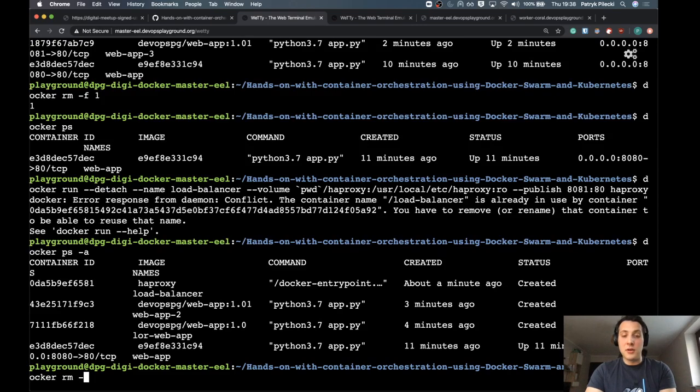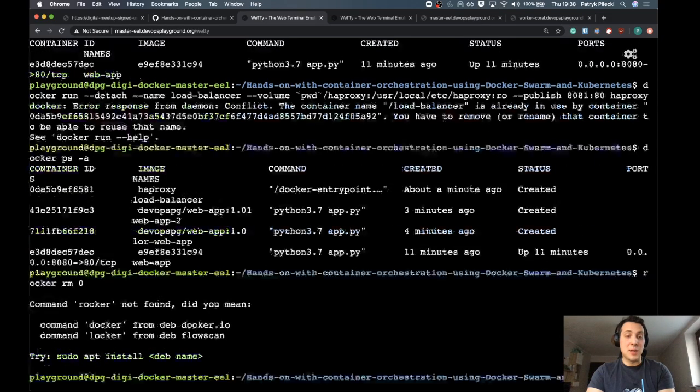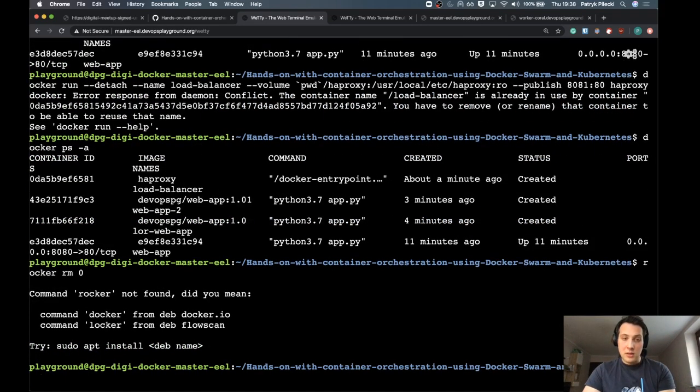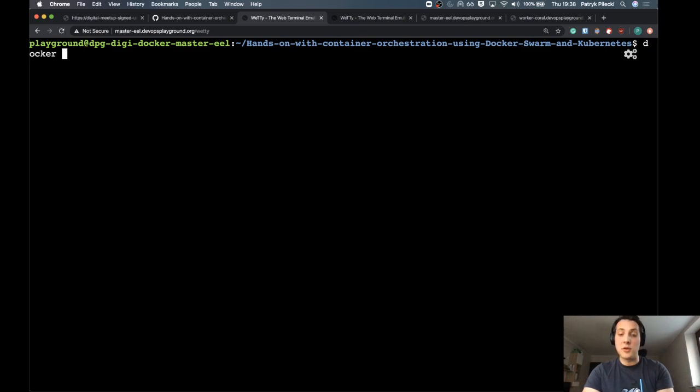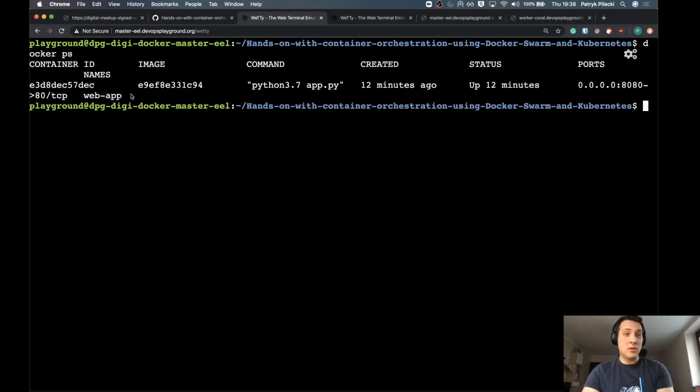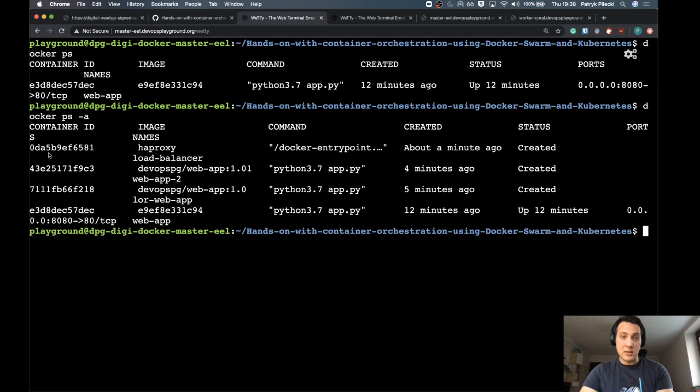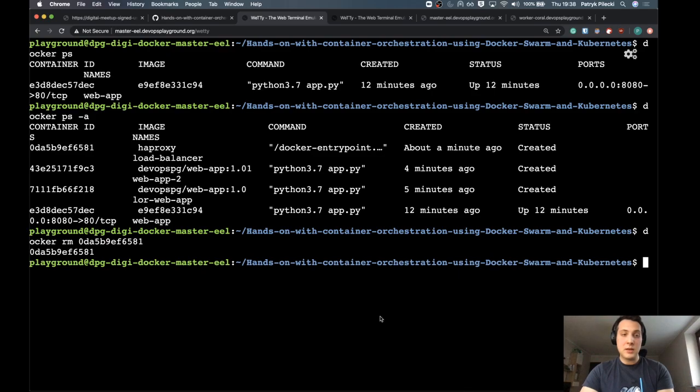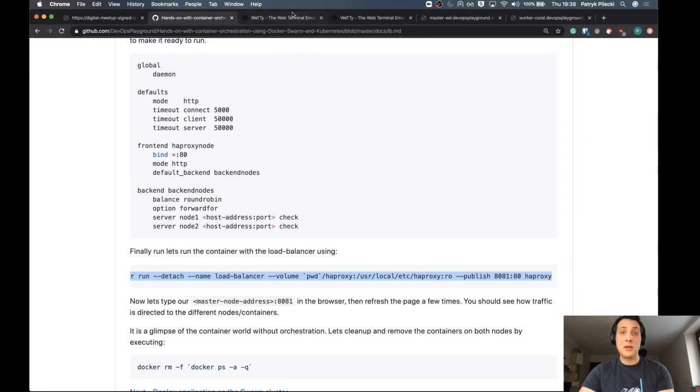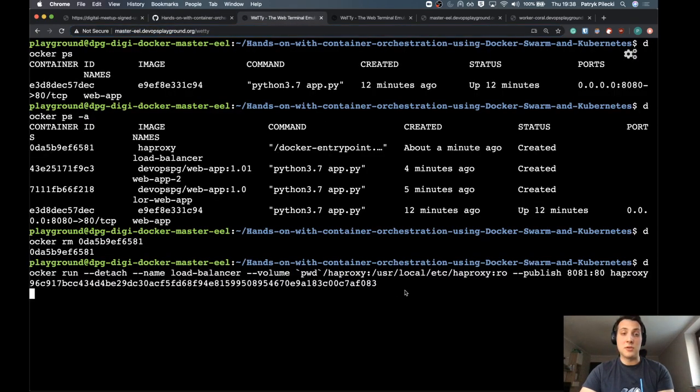Well, on the other hand, if anyone fell behind, at least there is some time to catch up. I just need to do a little clearance here on my instance. Well, shortly move on. Cool. So I've got one web app running, and I still got that old container which is taking my name. Removed. And now finally my HAProxy container should work as